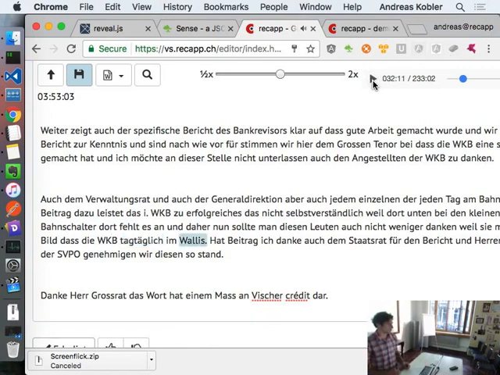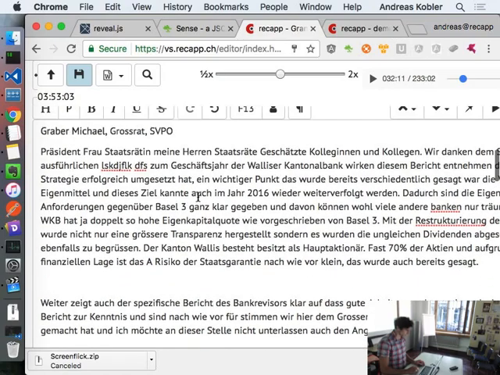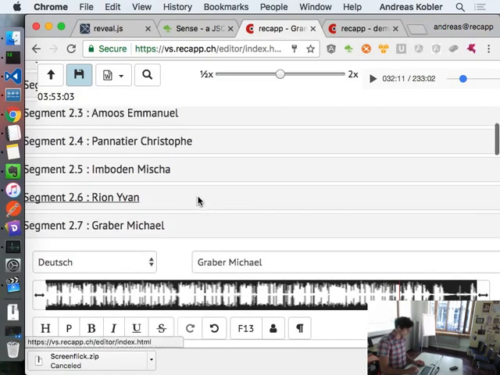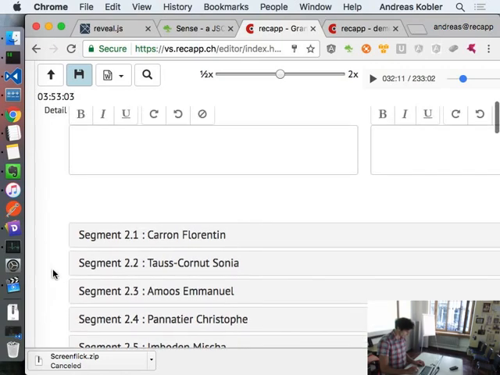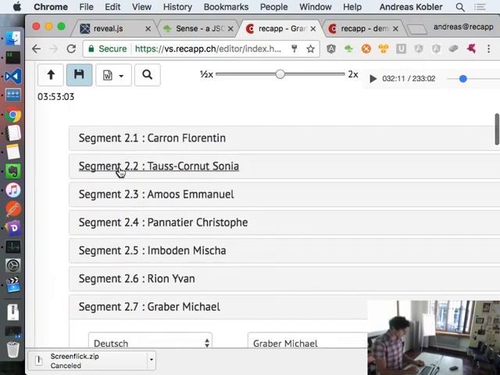You can skip around, so you navigate really interactively in this transcript. Of course, it works for French as well. The Parliament of Wallis is bilingual. So then corrections are done, or